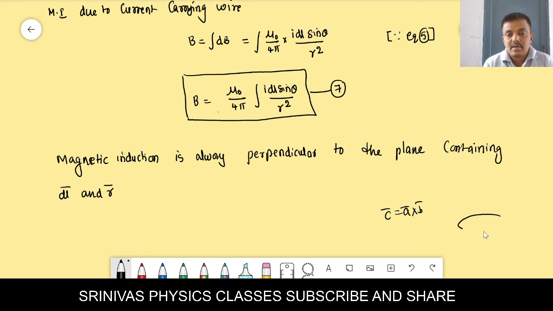For example, this is a plane. This is considered as the nail head we can consider. This is some bottle cap you can consider. On the bottle cap I am taking two vectors: one you take as a bar, the other you take as b bar. Here, this side I am taking the b bar. And there is some angle between them.